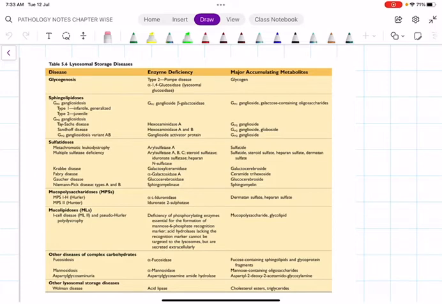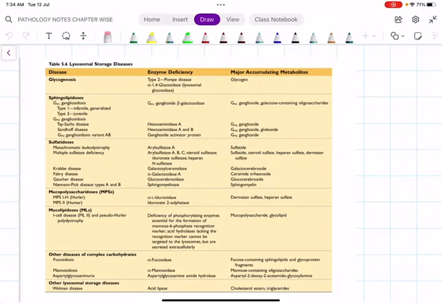Even though we have said that it's the lysosomal storage disorders, the main defect in all these disorders is a defect in degradation of a compound. As a result, the preceding compound will start accumulating and this is responsible for the clinical manifestations. So if you remember the enzyme defects mentioned in this table, we can answer almost all the multiple choice questions